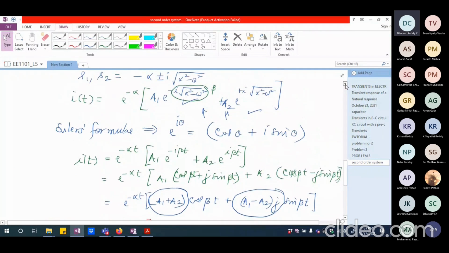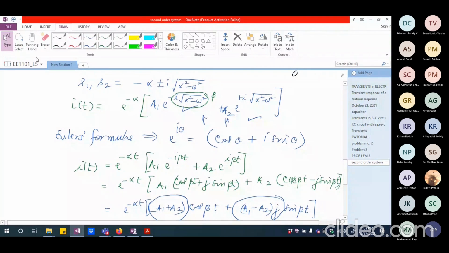It should definitely be with I of t, obviously, because if I am saying S1 and S2 are this, and I'm going to say A e power S1t plus B e power S2t, obviously I have to multiply this by t. Here also I have to multiply by t, and I have to multiply this also by t. There is no doubt. If I have left it out, I'm sorry about that, but it has to be definitely multiplied by t